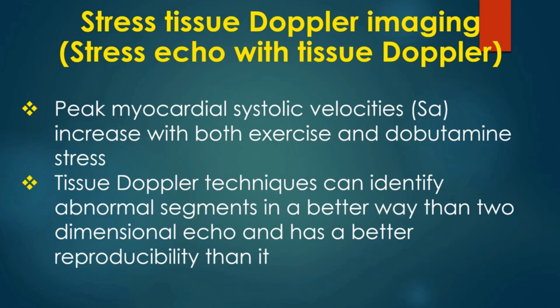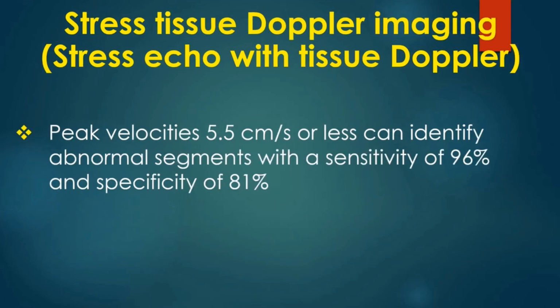Tissue Doppler techniques can identify abnormal segments in a better way than two-dimensional echo and has a better reproducibility than it. Peak velocities 5.5 cm per second or less can identify abnormal segments with a sensitivity of 96% and specificity of